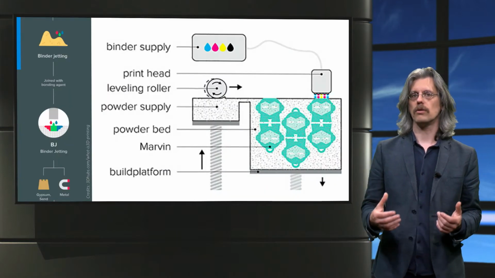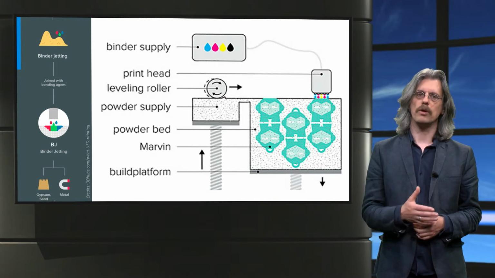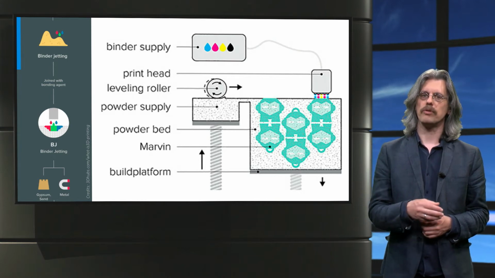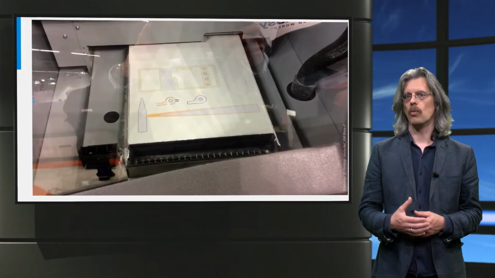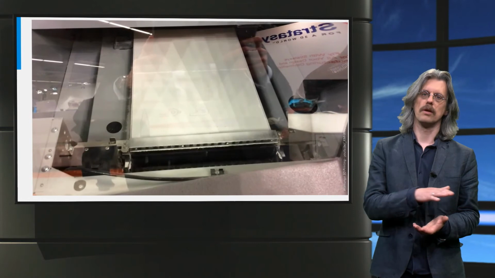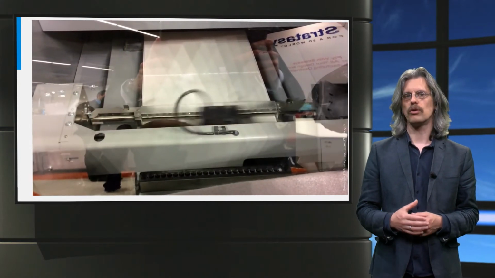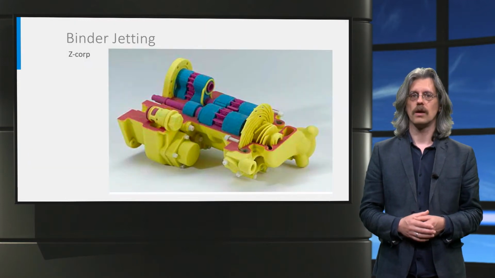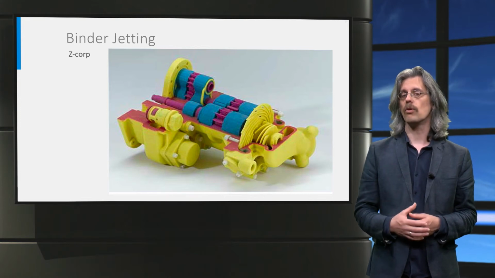The binder jetting technology uses thin layers of powdered material to build up an object. A binding agent is sprayed from a printing head to bind the powder together. When the first layer is cured, the bed moves down for the next layer, and the material used is typically plaster, which results in low-cost but relatively brittle prints. By using a regular inkjet print head, binder jetting also allows colors.